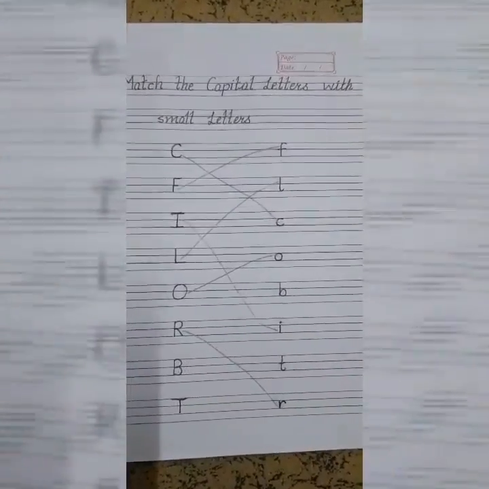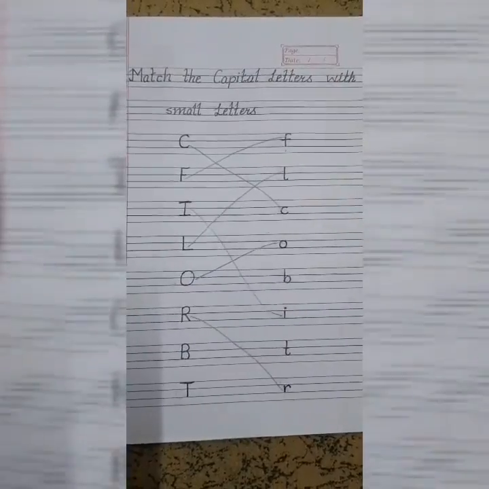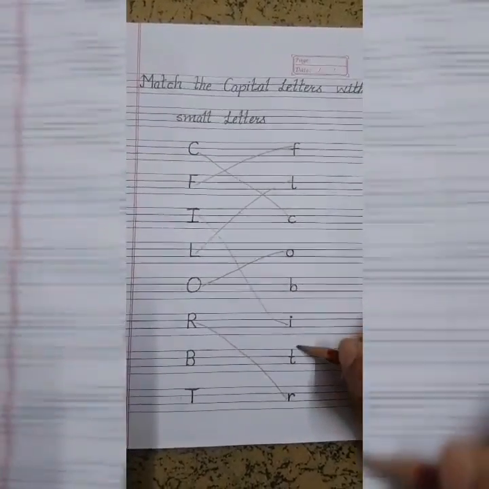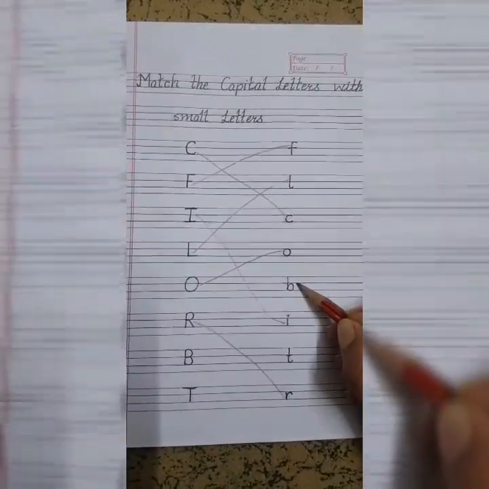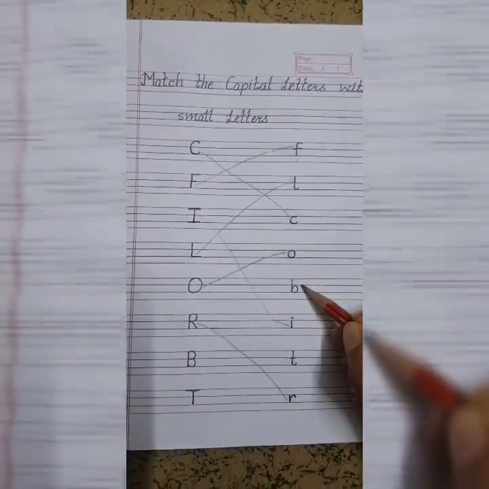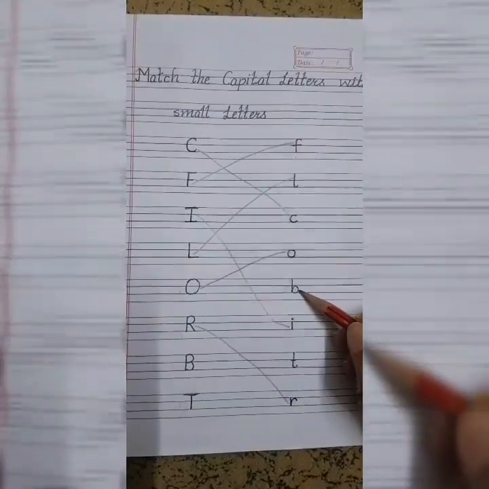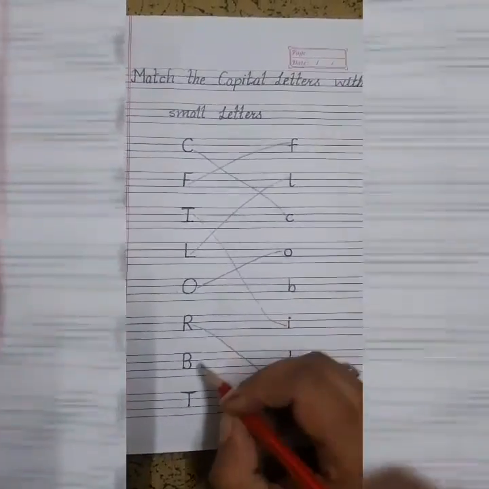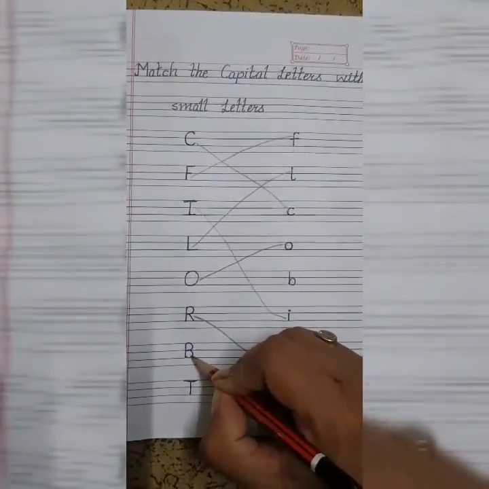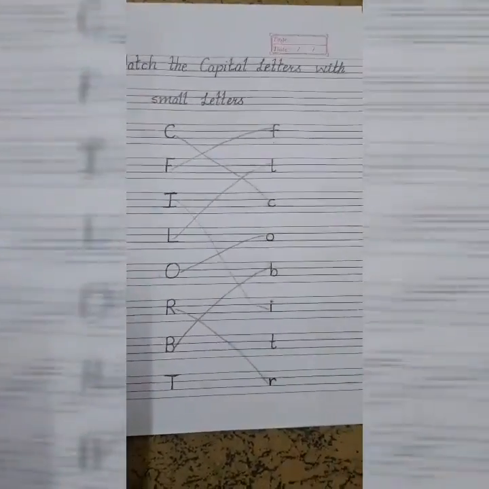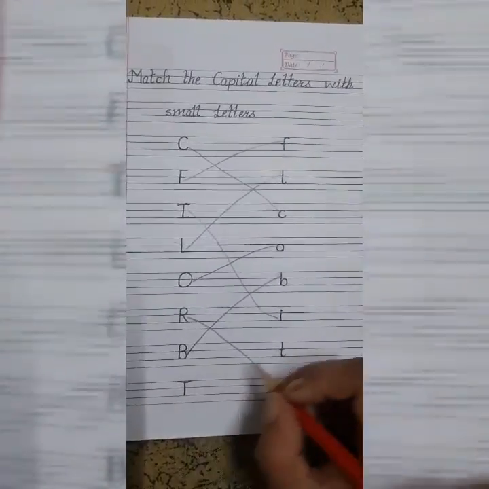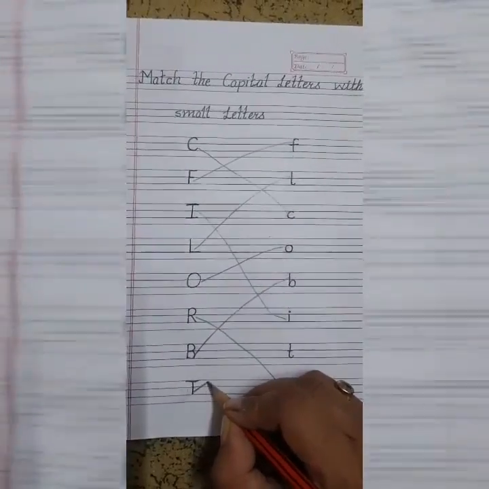Our next letter is letter B. B sound B. Very good. So, here only two letters are left. Which letter is this? Very good. It's a letter B, small case letter B, and this one is small case letter T. So what we will do? We will match capital letter B with small case letter B, and last we will match capital letter T with small case letter T like this.